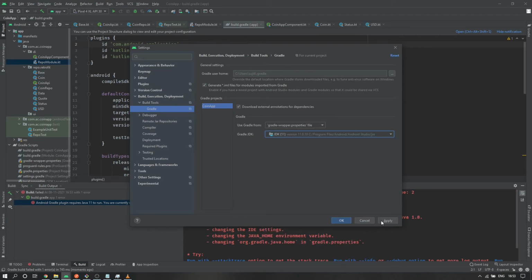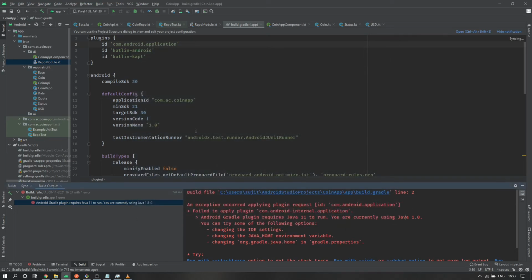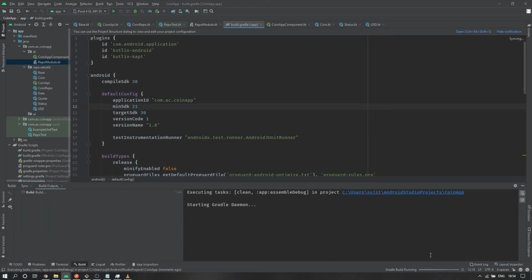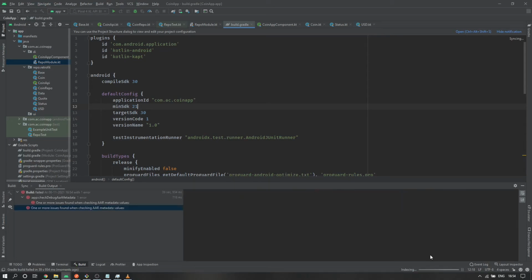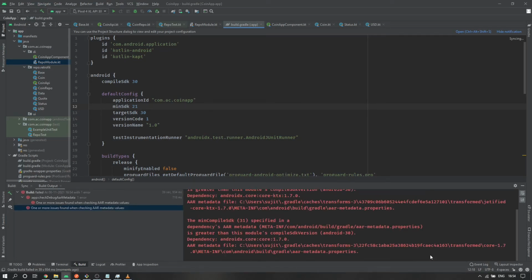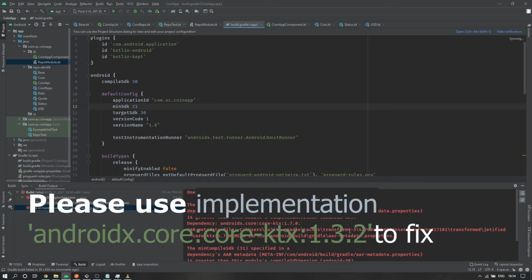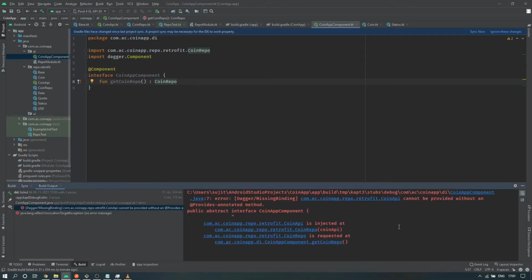Let's try to build it now. We'll build the project and see if this builds. There are still some errors, guys. Okay, now the build has failed with the reason that it cannot